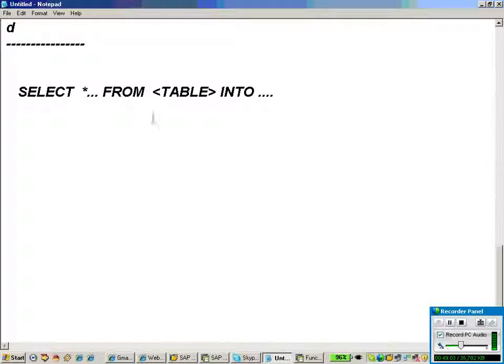I don't know the database table name. In my parameters, T underscore tab name type, so the table name type I am giving here in the selection screen. Whatever the table name I am giving there, that